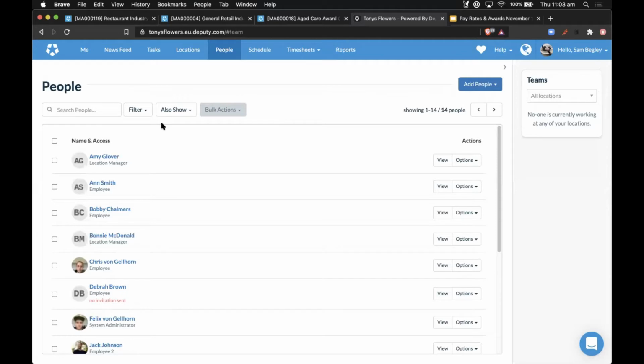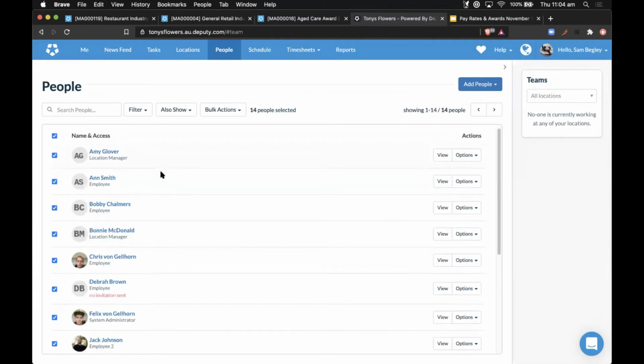So firstly, with the people tab, the best thing to do to start with is, rather than show how to edit people one by one, I might just show you some of the more front-facing interface features here. So firstly, you can edit people's pay rates by person, as you can see here, but you can also do bulk actions as well. By selecting either multiple people or by using this top box over here, you'll always be able to mass edit lots of employees at the same time if you would like to set a pay rate for all of your people at once.